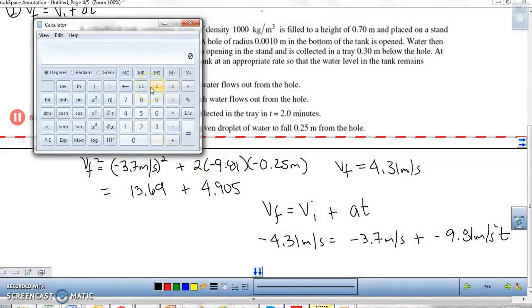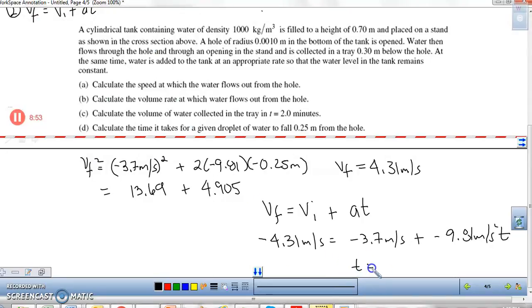So what we have here is we're going to do 4.31 minus 3.7, divided by 9.81. There's that number, 0.0